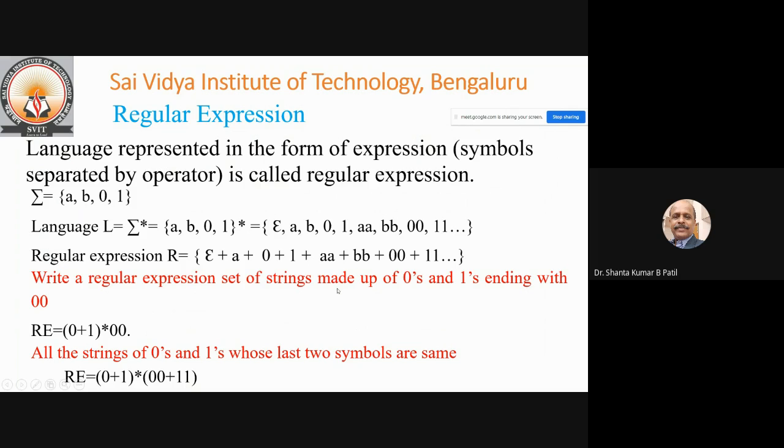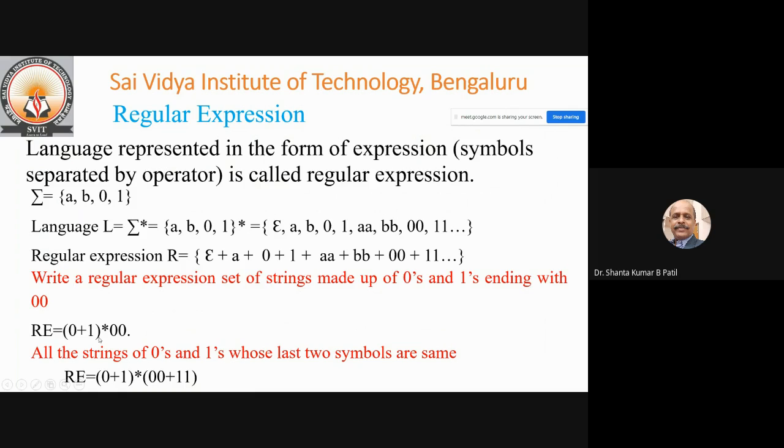For the set of strings, first we'll write the regular expression. Then we'll see how to convert the given regular expression to the finite automata. For example, write a regular expression for the set of strings made up of zeros and ones ending with double zero. So combinations of only zeros, only ones, and zeros and ones are represented with (0 plus 1) star. Then ending with...